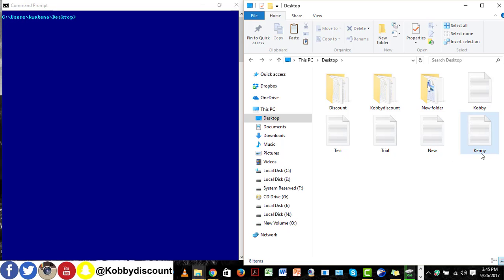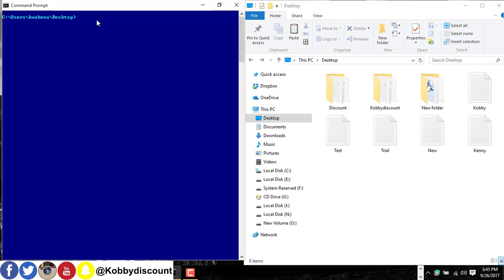Okay, so I'm going to move these two new files into the discount folder. So the command, as usual, move, the name of the file plus its extension, then the destination folder directory in command prompt, and hit enter. Okay, so it will be moved.